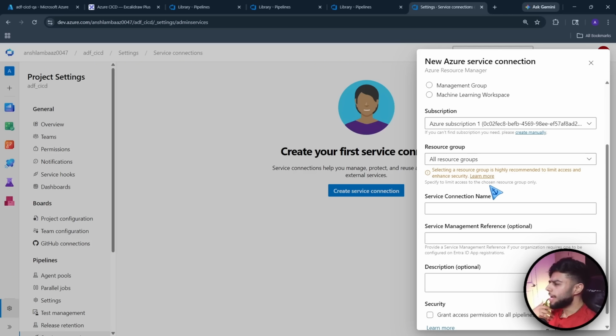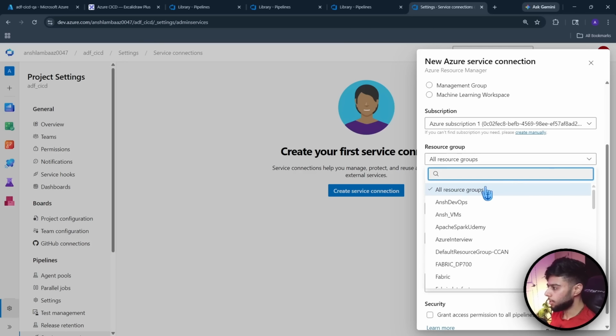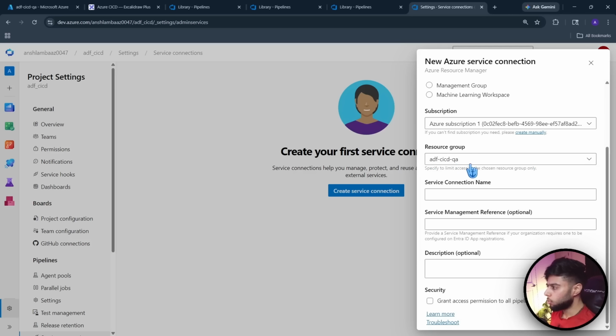So what we follow, we simply create one service connection and we just provide the access to all of the resource groups. In some projects, I have seen that we also fine grain the access if the projects are sensitive, obviously, because it depends from project to project. In that scenario, you can only pick one resource group, let's say ADF and let's say QA. So it will have the access to only this resource group. But Ansh, Lamba, we have three groups, dev, QA and prod. So in that scenario, what you can do, first of all, pick only one resource group,